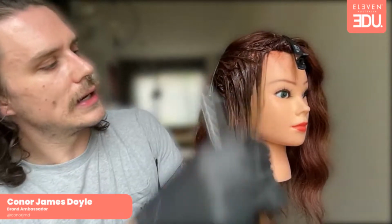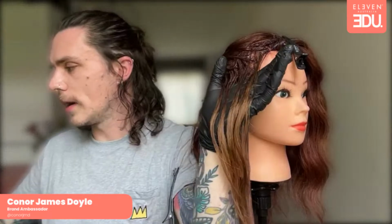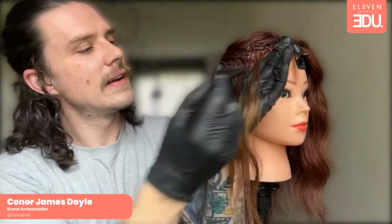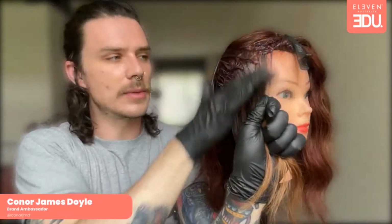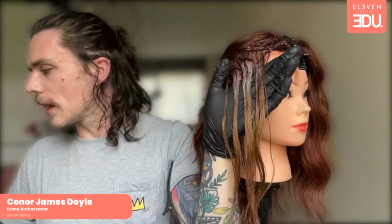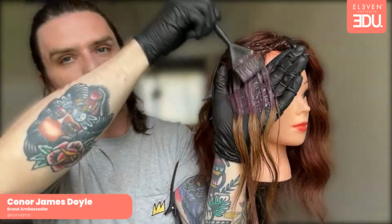And then we're going to take our section and apply our 744 and 643. I hope I keep getting the formula right. So again, we've got our melting point. If we are nervous, we might just push that product into the hair so that it encapsulates it a little bit more. We're going to get our more vibrant color, apply it at that melting point, work upwards to make sure that